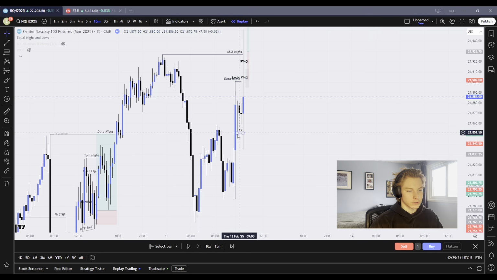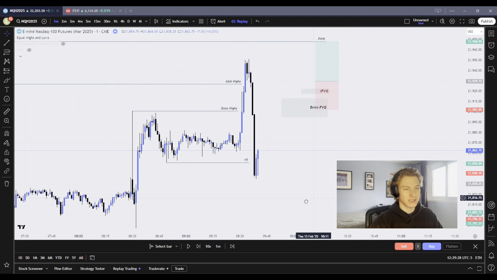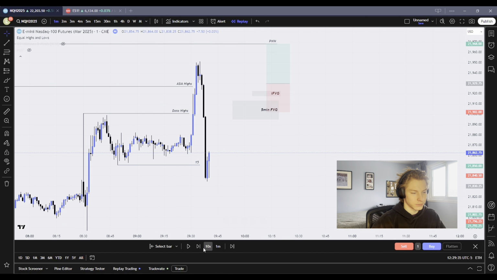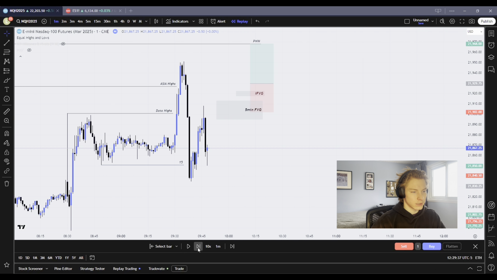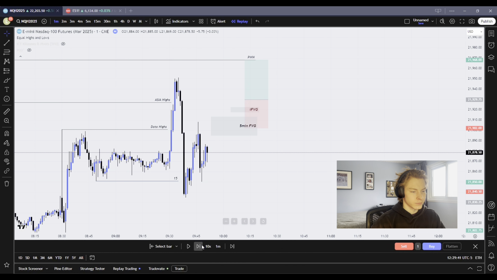But we tapped into a 15, and I did like this. It's just weird after taking out the Asia highs to long from here. So I didn't want to take anything. Like this 1 minute, I didn't really want to take it. But